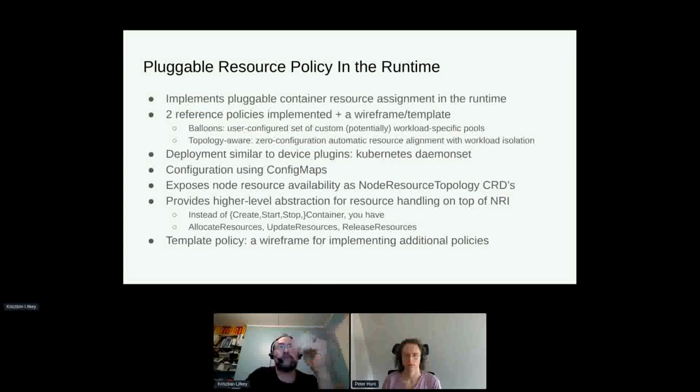So this is a brief summary of this last demo that I showed: a pluggable resource policy in the runtime. This is a repository that we recently open sourced, which has a set of policies, 2 of them that we implemented. I was showing this topology where the whole thing is set up so that it works pretty much like a device plugin: a Kubernetes daemon set, you can configure policies via config maps, and it exposes node resource availability using the